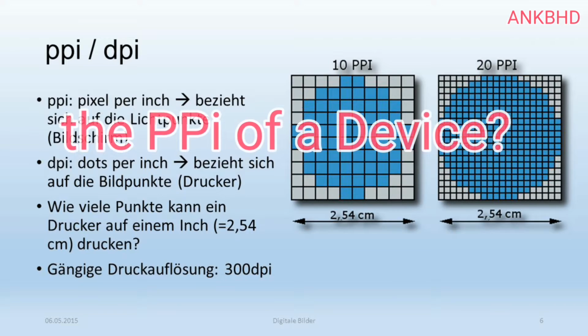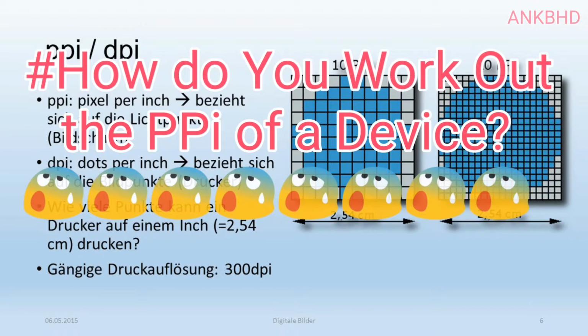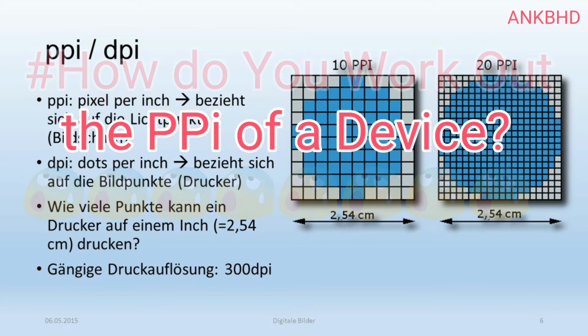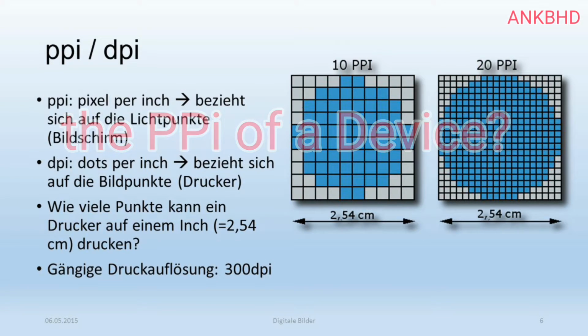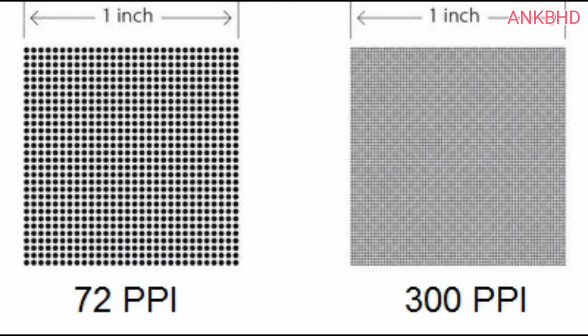How do you work out the PPI of a device? In layman's terms, PPI refers to the number of pixels spread across the surface area of the screen. But because screens are measured diagonally, it's not as straightforward as multiplying the pixel count going across the device by the number down and then dividing by the diagonal measurement. For ease and speed, we use a ready-made PPI calculator that allows you to find out the PPI of any screen without getting involved in Pythagoras' theorem.